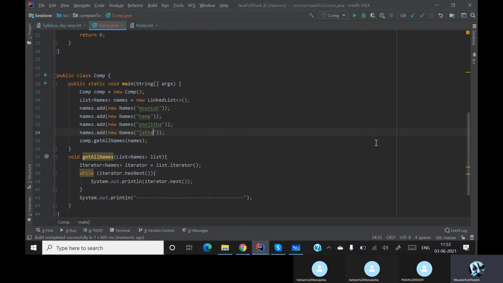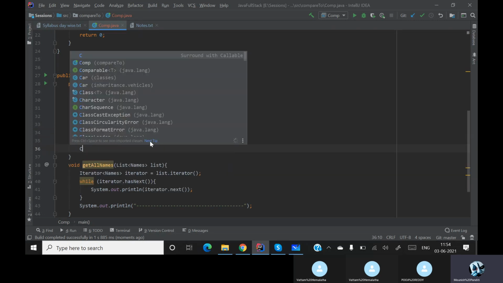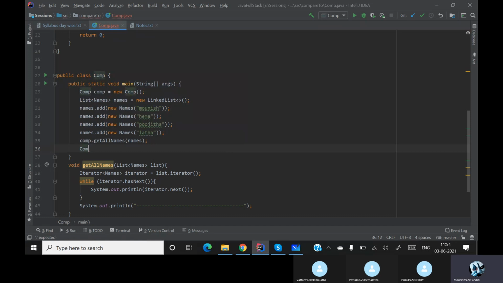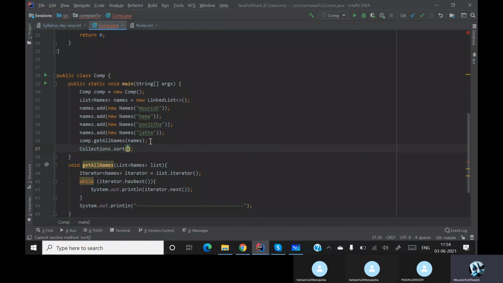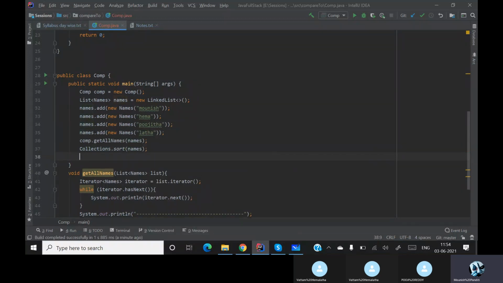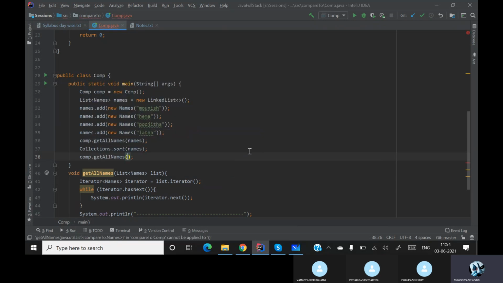Okay, now let me write. With the help of my collections method, I want to sort these names. After sorting it, with the help of my object, I want to get all the names.